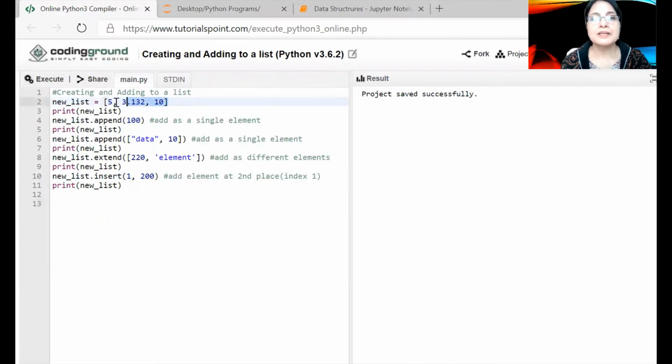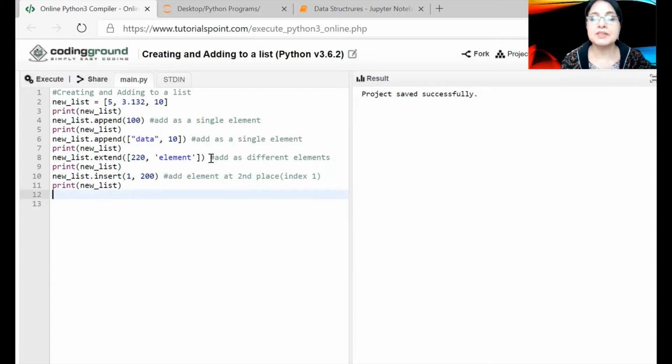We start by assigning a set of values to the variable new_list. We can use the append method, to which we pass a single element, and that gets added to the end of new_list. We can also add a list which will be added to new_list as an element at the end of the list.